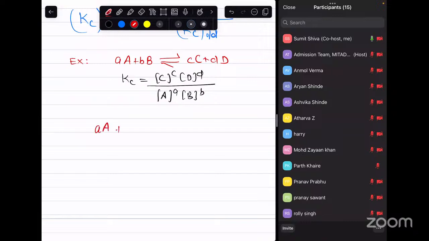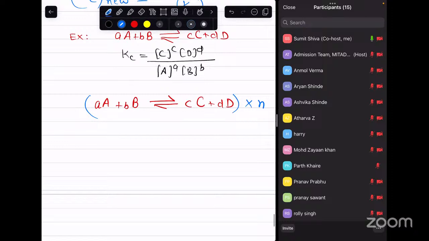So a times A plus b times B, which gives c times C plus d times D. And I have multiplied this reaction with some number n or alpha. Now I want to know what will be the effect of this number on Kc. So what do you think? What will happen if you multiply n times? Yes, it will be n times of Kc